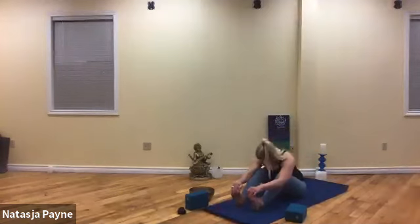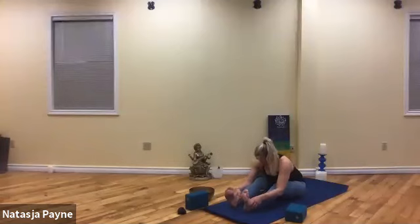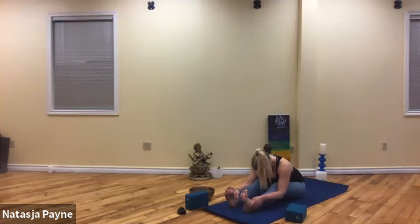Let the head relax, shoulders soften, let your neck relax. Do not bounce up and down. That puts the body in a response of protection. So it's futile to do that. Really just soften with the breath. Good, one more breath here. Slowly begin to lift the torso. Good, I'd like you to bend that right knee, pull it in, foot to the floor,